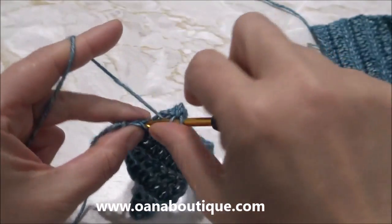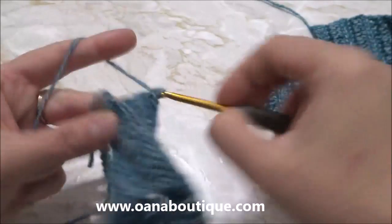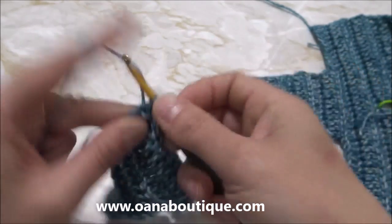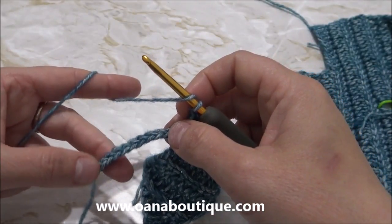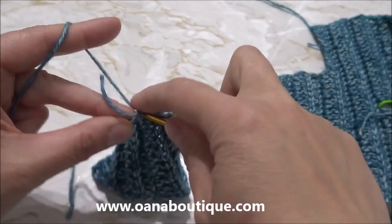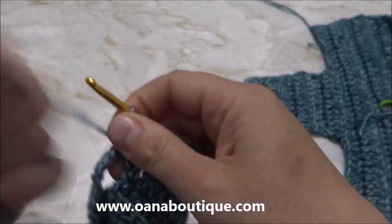And on the other side I will do exactly the same thing. So I just go ahead and work until the end. Don't forget that here where you joined it, you need to work one stitch, so you will just work it like this. And now I need to work 1, 2, 3, 4, 5, 6, 7, 8, 9, 10. This is my first. Work over the tail too, so you won't have